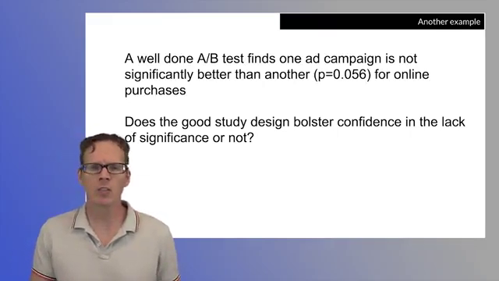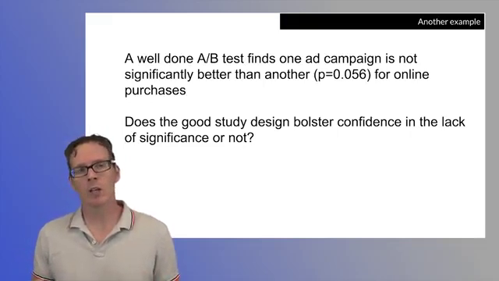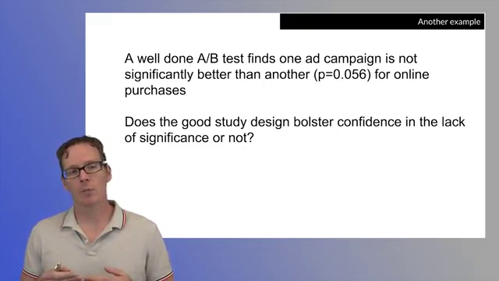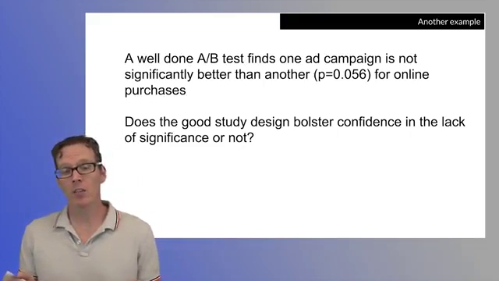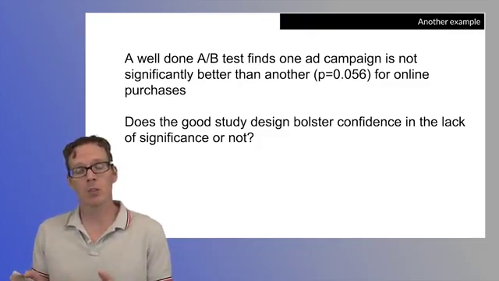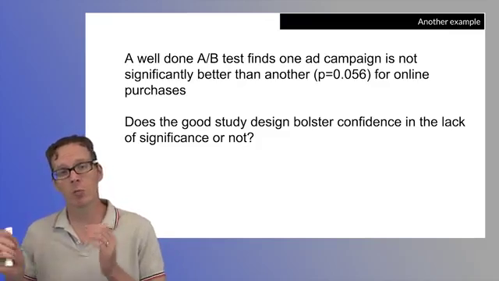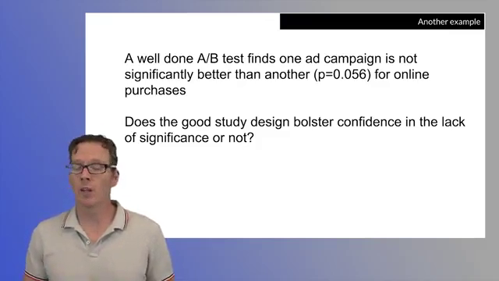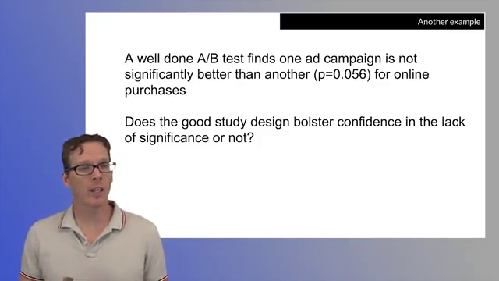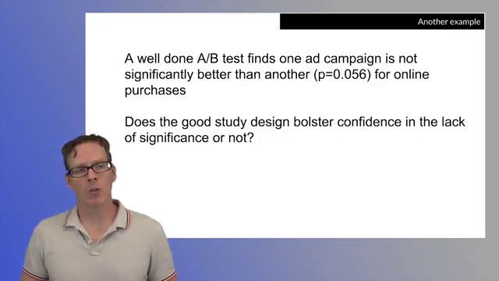Okay, it's basically the same question. Does the fact that you have this really good study design say, we had a really good study design and the p-value is really just around marginal, so it's not significant, and it should have been significant because this design was so good? That's one way you could think about it. Another way to think about it is, well, it's really borderline, and maybe if N had been a little bit larger, we might have rejected. So again,